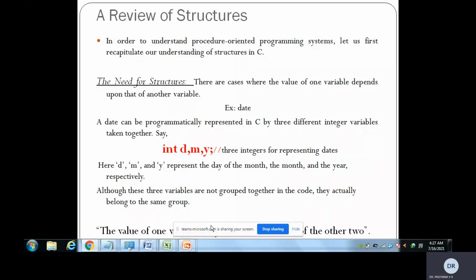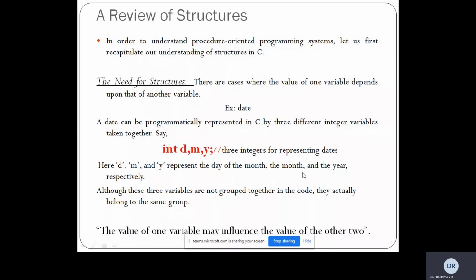So let me ask you a simple question. How exactly can we relate structures, and what's the difference between structures and arrays? Most of us know arrays are nothing but a homogeneous collection of similar elements which have similar data types. With the C programming language, we are trying to understand procedural oriented systems,